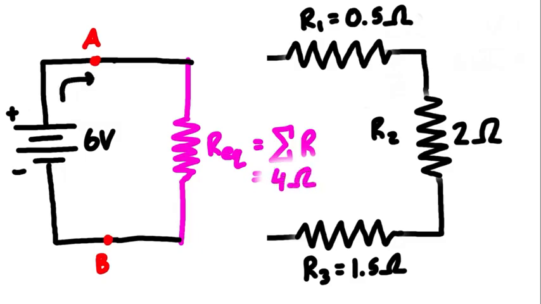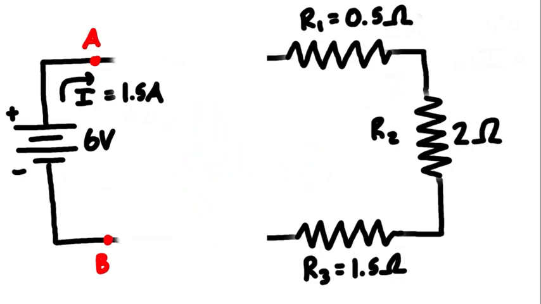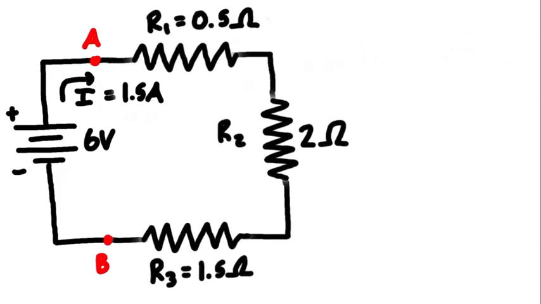So we can solve for the total current in the circuit that's coming past the voltage source. It is I, and this is equal to V over R. If our voltage drop is 6 volts and our equivalent resistance is 4 ohms, then we have 6 volts over 4 ohms for a total of 1.5 amps. So again, if we have a 6-volt voltage source, whether there's a single resistor of 4 ohms, or we set it back to the 3 series resistors, in this system as well we're going to have 1.5 amps